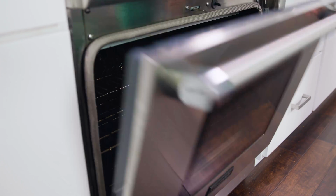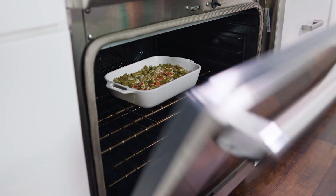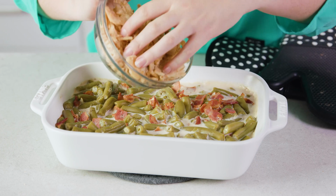It wouldn't be green bean casserole without some French fried onions, but we're gonna add those on during the last 5 minutes of baking. So we're gonna grab our casserole so far and place it in a 450-degree oven for 15 minutes. After 15 minutes, pull it out of the oven real quick, and we'll start adding on these crispy